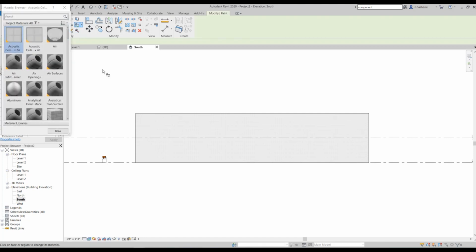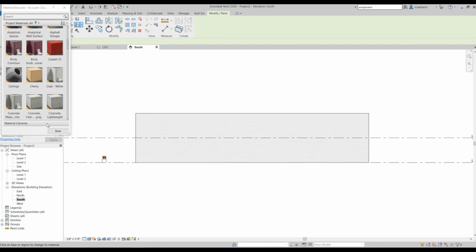As soon as you select the paint tool, you can see that the material browser window will pop up. This is the exact same material browser window we had before, just a little bit more compact and condensed. So you just need to select your material. Do not hit the done button yet because you're not done yet. Select the material, for example, this brick over here, and then hover over the wall and click on the face you want, and it's done.